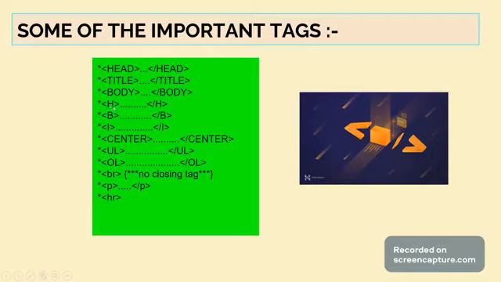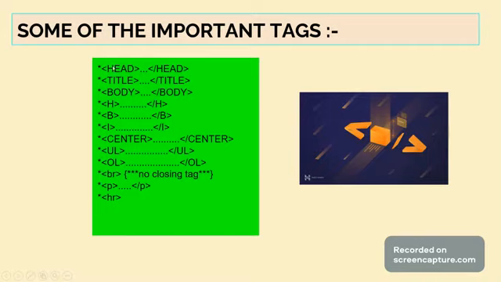This hashtag will also be a heading tag, and this B is the bold tag. To write in bold you have to write this bold tag, and this I is the italic tag. I will discuss all of these briefly later, but at present I am only introducing them, not explaining them in detail. This was the unordered list. This was the ordered list. See, this is very important.